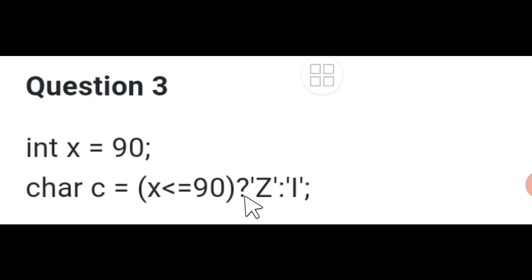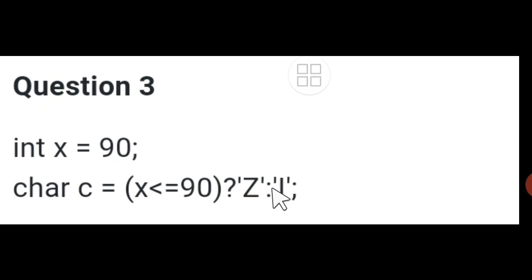That is the if part. Then value of x is right now 90, so it is not less than, but it is equal to 90. So that means area returns us what? True. So that means that relational expression will give us the value true. So C will have the value z. Okay, that means it is going to be z. The value of C is going to be z.